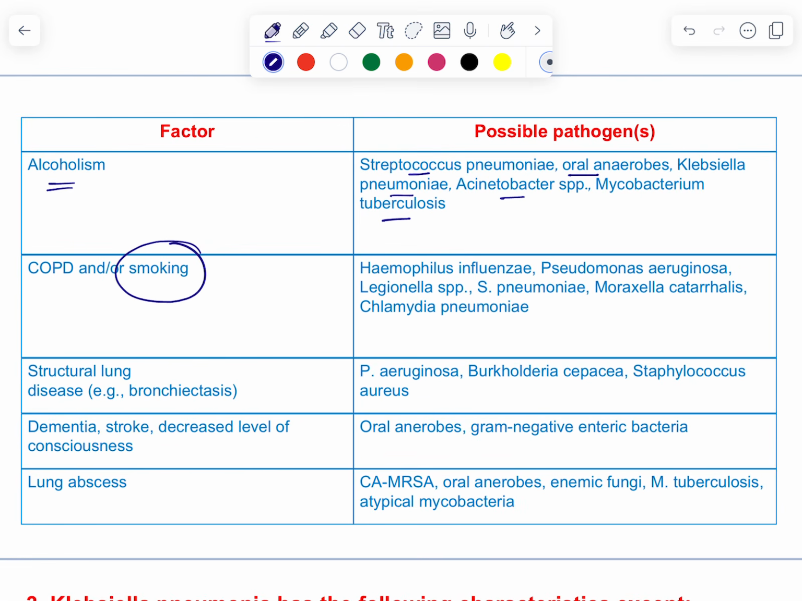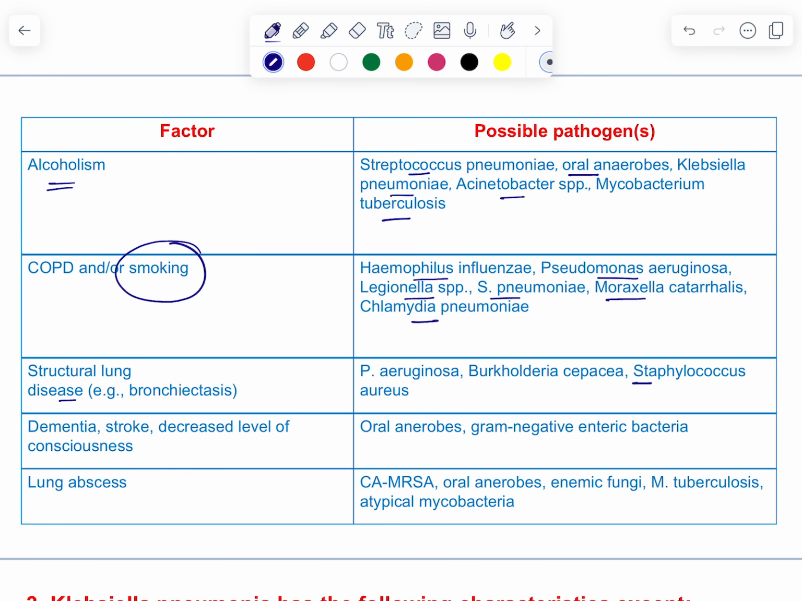COPD and smoking. In cases of COPD as well as smoking, the organisms that will be causing pneumonia will be Haemophilus influenzae, then Pseudomonas aeruginosa, Legionella species, Streptococcus pneumoniae, Moraxella catarrhalis, Chlamydia pneumoniae. So these are the organisms that will be causing pneumonia in individuals who have COPD or individuals who are a smoker. And structural lung disease, just now we were discussing Pseudomonas as well as Burkholderia, and apart from